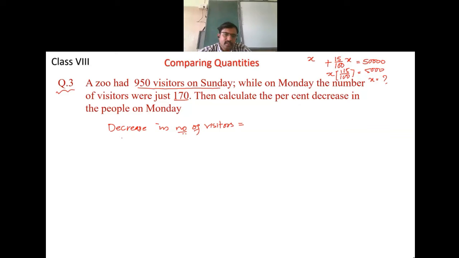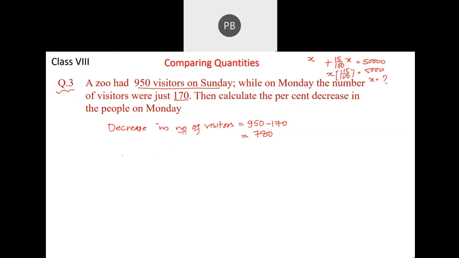Let's solve and check it. The decrease in the number of visitors is 950 minus 170. What's the difference? 780. Yes, sir. 780 is the decrease. Now the percentage decrease is